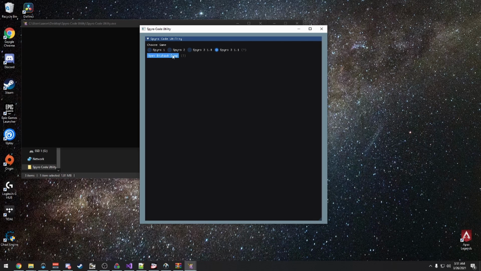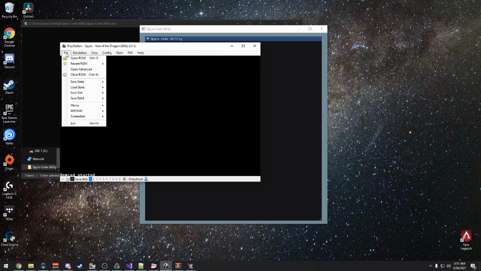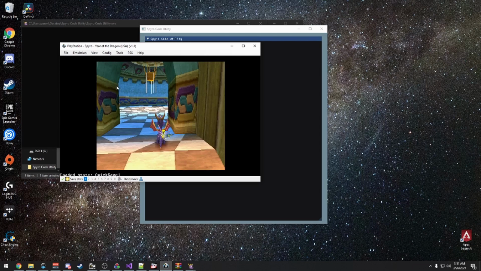So first I have to create a dump so we can open it. So I'll show you how to do that. I have BizHawk open here, and I'm going to go ahead and open up my ISO. And then I'm going to load the state in which I want to save. Now you're just going to probably want to navigate to where you want to save, but I already have a